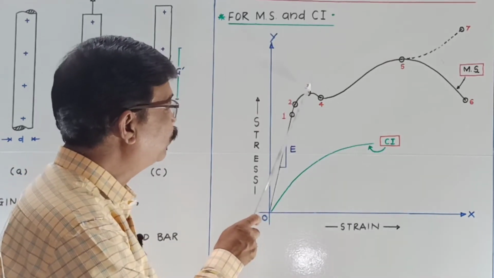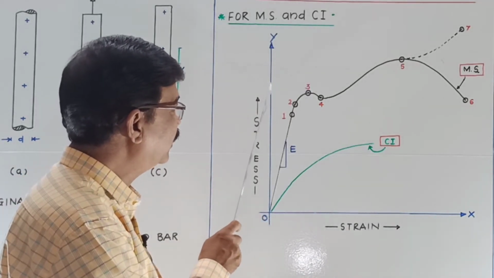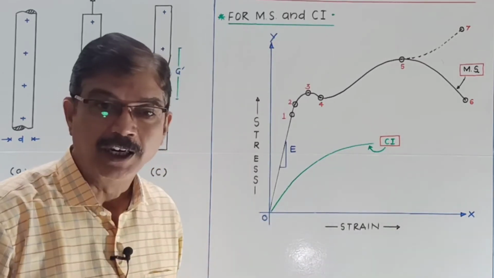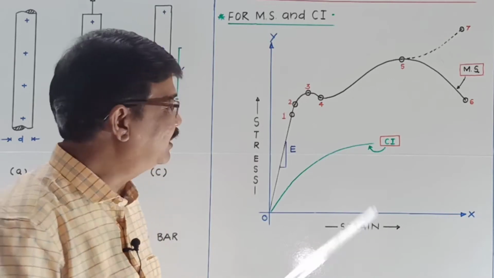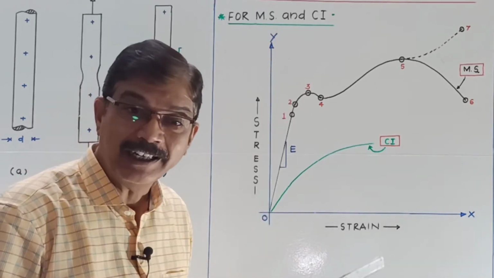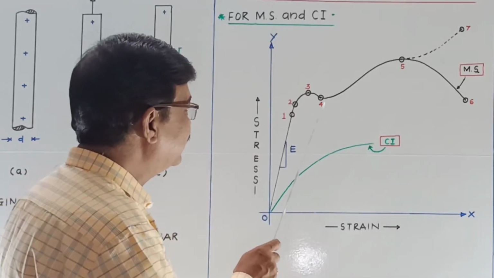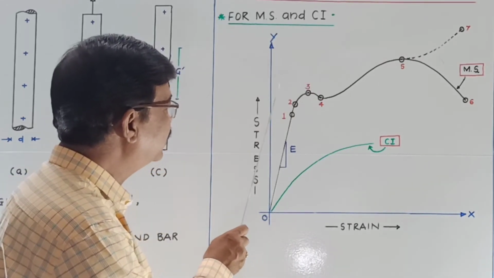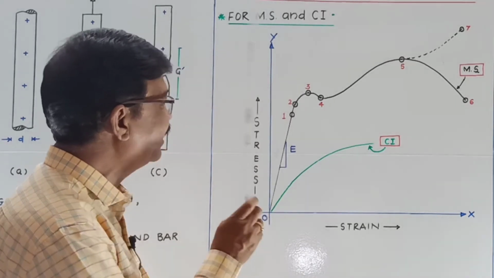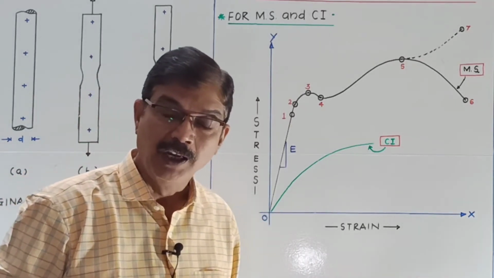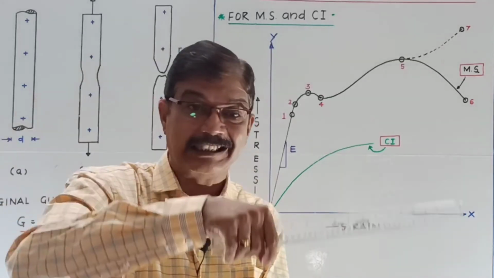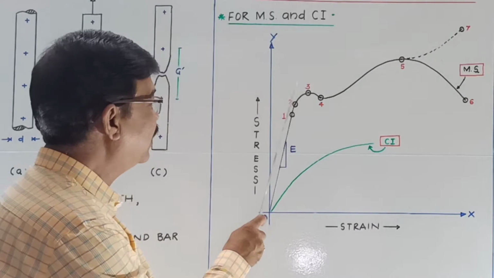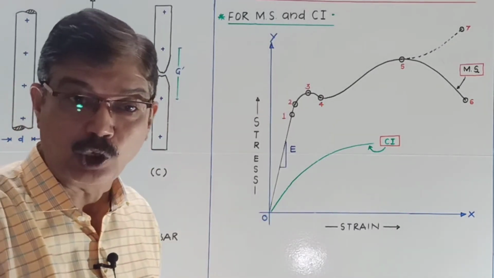The stress at this point number 3 is upper yield stress. This is upper yield point and this is lower yield point. The point at which yielding starts is generally upper yield point. The point at which yielding stops is known as lower yield point. To all these corresponding points, if you project here, you will get the corresponding stresses. Now see, we are applying the load which is gradually increasing. In this region, you will see that there is no considerable increase in the load.